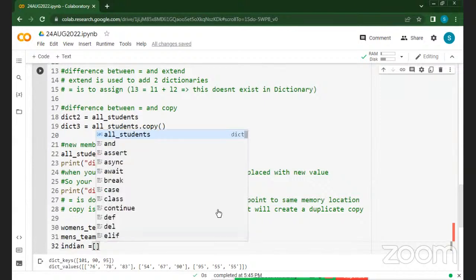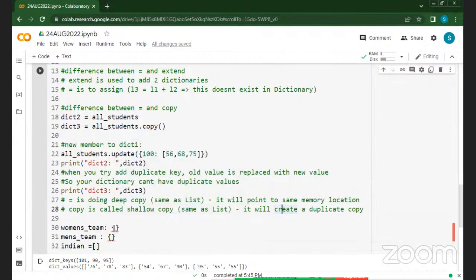Okay, so what I'm going to do is I'm going to create a women's player list here, from different countries. And here I will have men's team. And then we will pick only the Indian players from the list, right? Okay, so let's say we have Indian players like